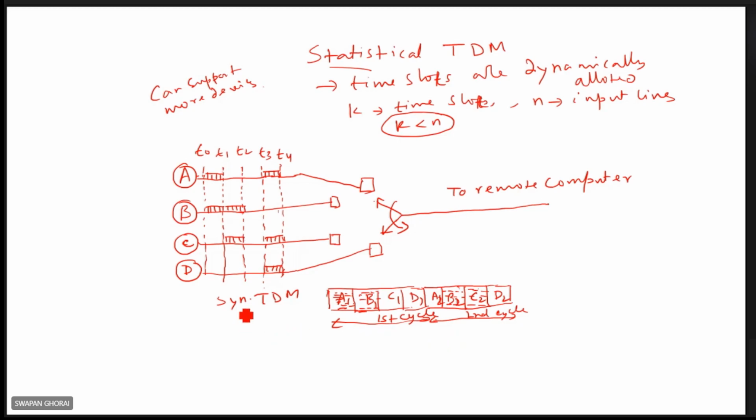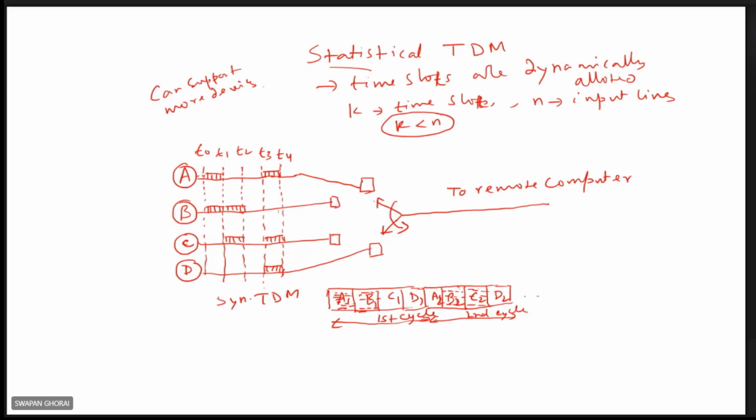See how the TDM frames are generated in this case. Here you see these two slots are filled, but these two slots are empty, because there is no data for transmission. In the first cycle, and the second cycle, here you see it has no data to send, but still the time slots are reserved, A2 and D2. Similarly, for the third epoch, fourth epoch, etc., these things will go on, right?